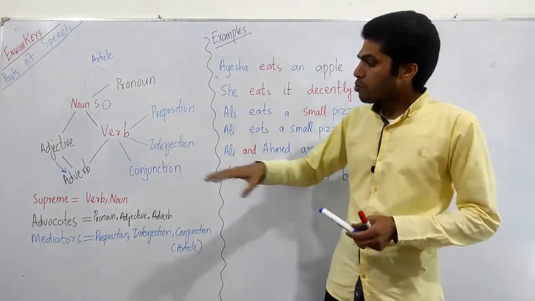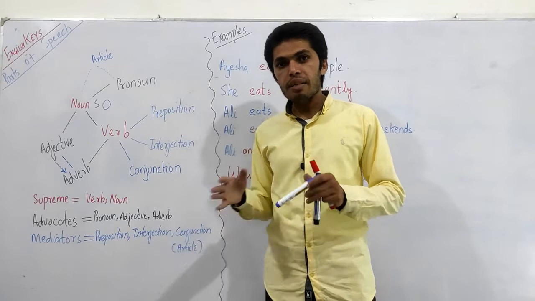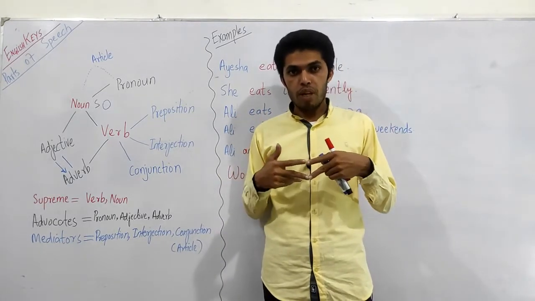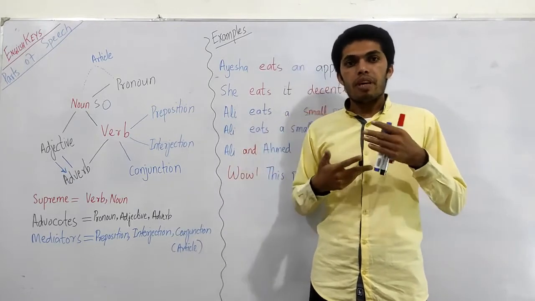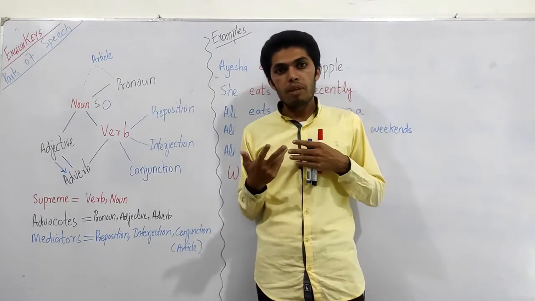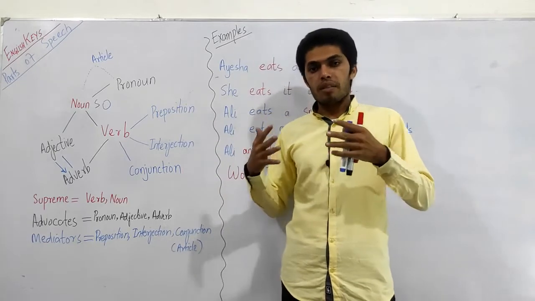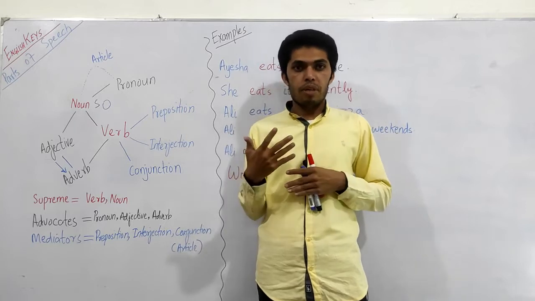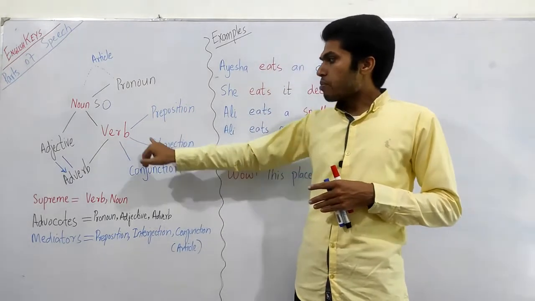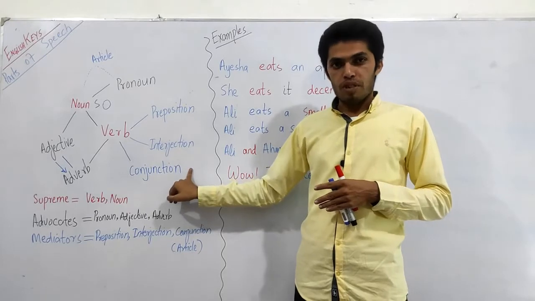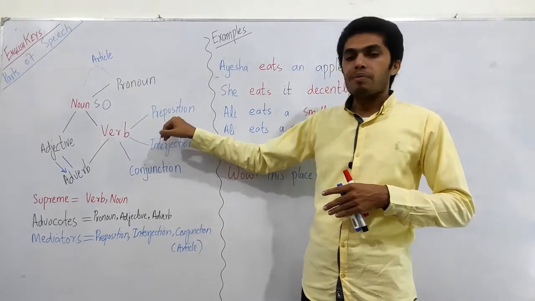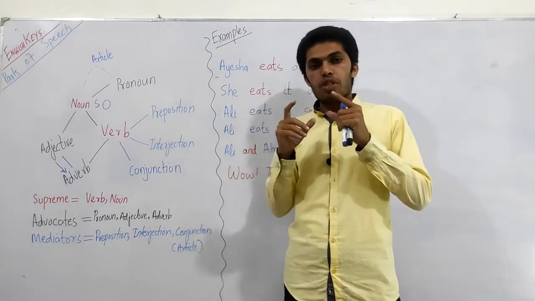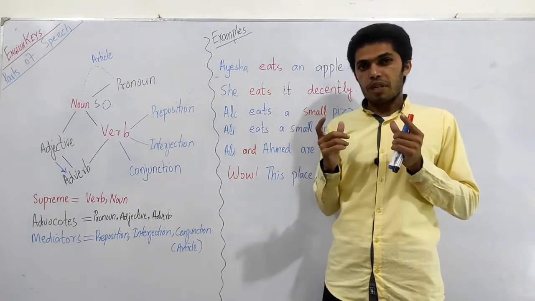Then we move to the mediators. Mediation means to come in between and to connect two things. When two people are having a fight or a problem, a third person comes and connects them, or reconciles those two people. This is the job that these three parts of speech do. Now preposition: if you understand just the word preposition, you can understand the concept behind this word.